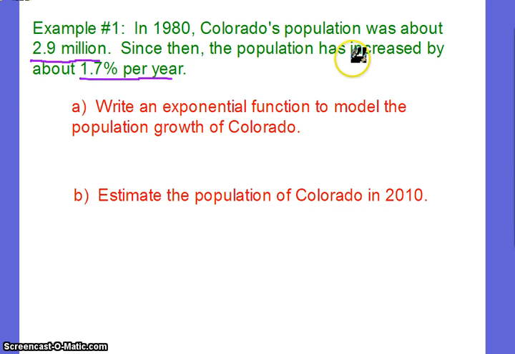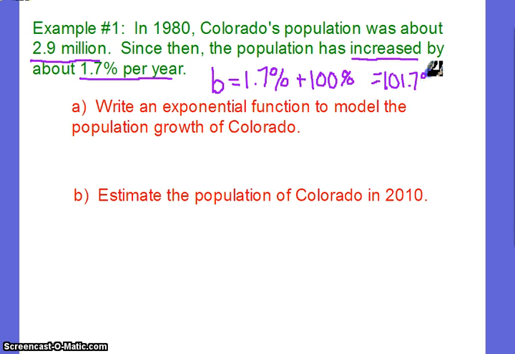So the fact that it says increased means we're going to have a growth problem. So we might as well figure out B right here. Well, we know it's growth, so we're going to take our 1.7% and we're going to add on 100%. And that's going to give us a total percentage of 101.7%. And as a decimal, we move that 2 places, so our B is going to be